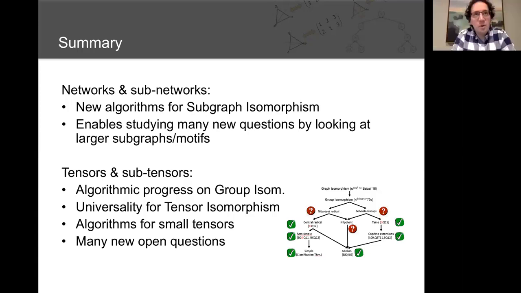Yeah, so it's actually an interesting question because, of course, it's an NP hard problem, and so we always expect that in the worst case, it's still going to be exponential time. But the whole thing about this, and actually, even for tensors, although in practice tensor isomorphism seems much harder than graph isomorphism,